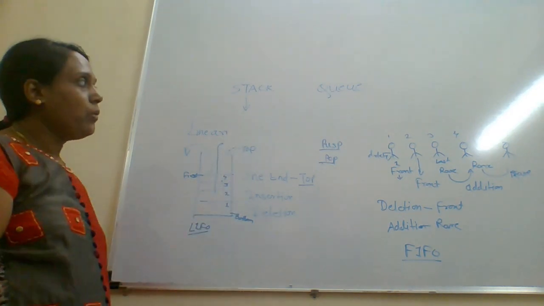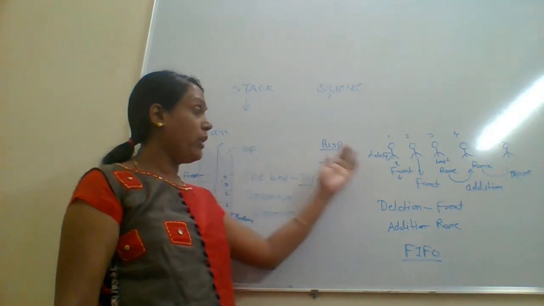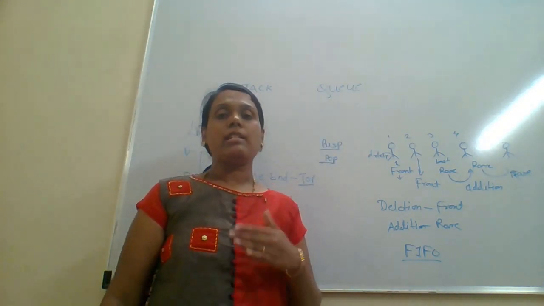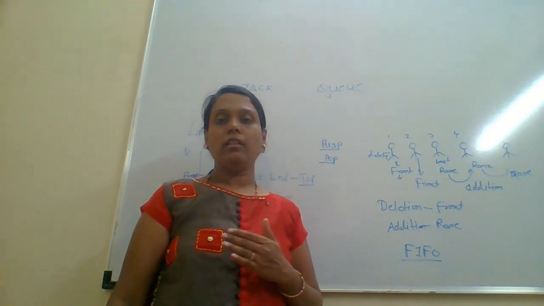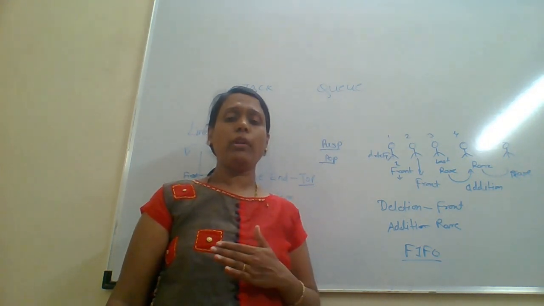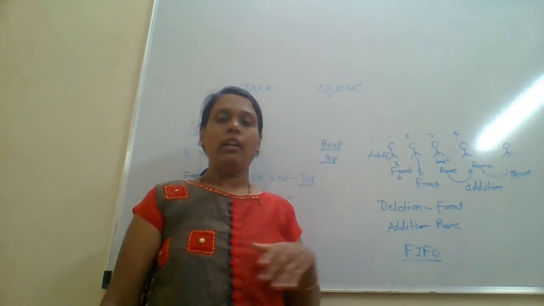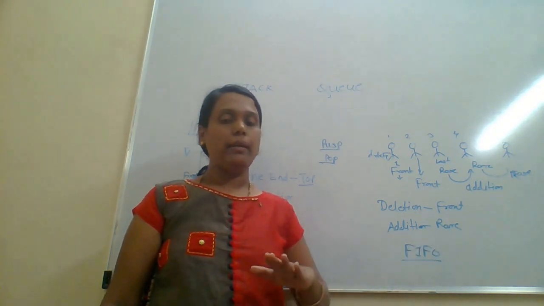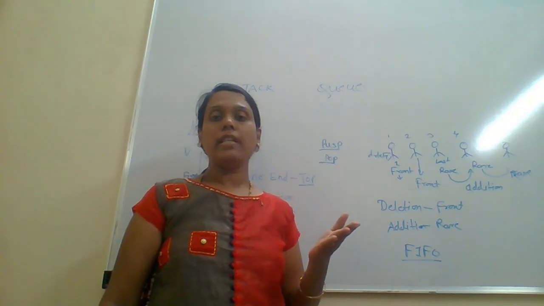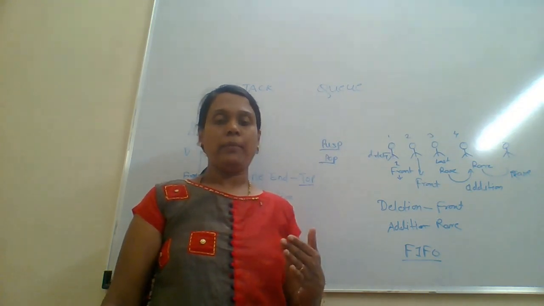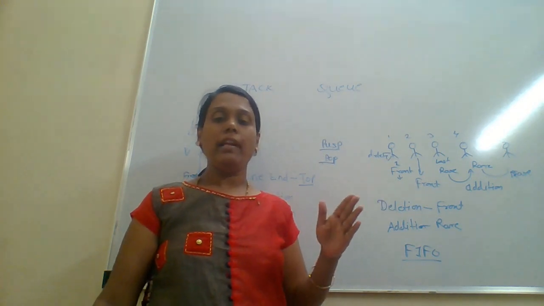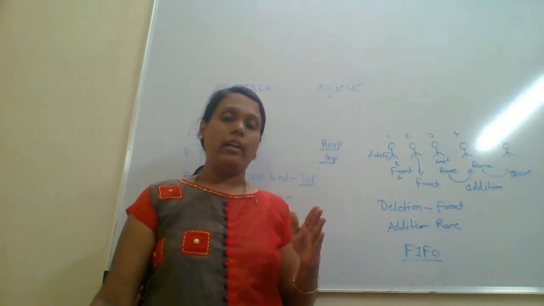Okay, now we consider the queue. So what is a queue data structure? As the name suggests, think of when we stand in a line to purchase a ticket. Who is the person at the first position? He takes the ticket and gets out of that particular queue. Then who is the second person? He will come to the front, take the ticket and leave. Then whatever persons are added, they are added at the next end.